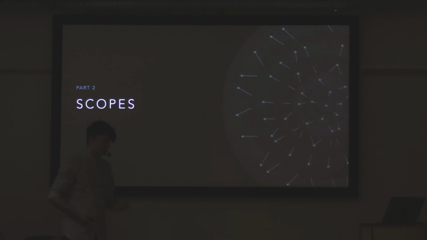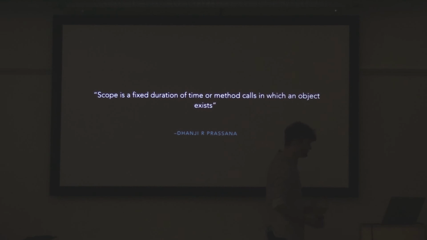It's scopes. So the idea of scope. The scope is how long your object or the object state lives. And when something goes out of scope, then it has sort of lost its state for us. And scope relations also play an important role. So if something is in the scope of something else, we can assume that the thing which is in scope will live as long as its parent.